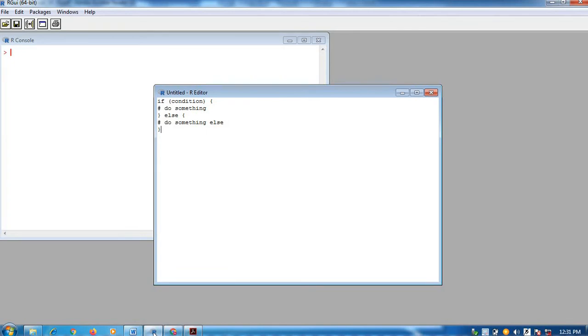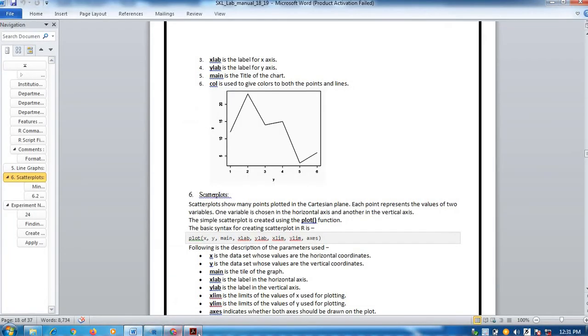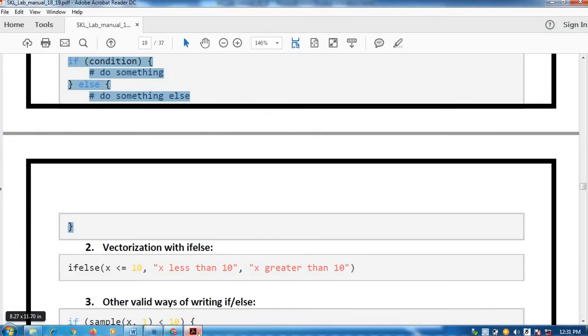Now we will take the example from this. Next is a little change in the if else, that is the conditional statement which we use in C, question mark and colon. Similarly, you can have a second type of syntax for if else.